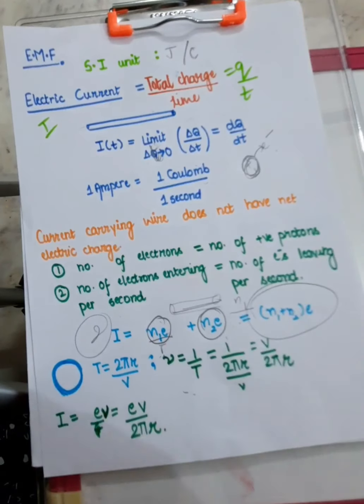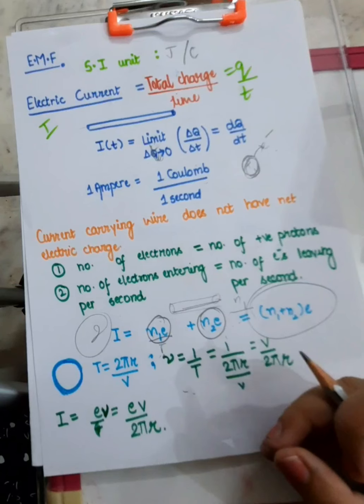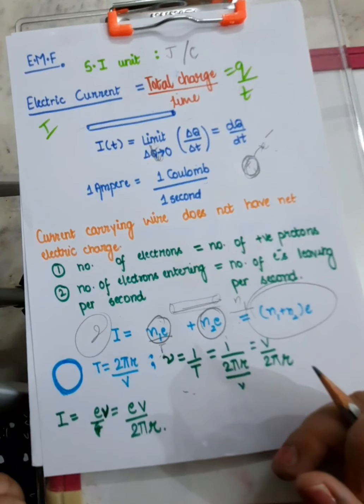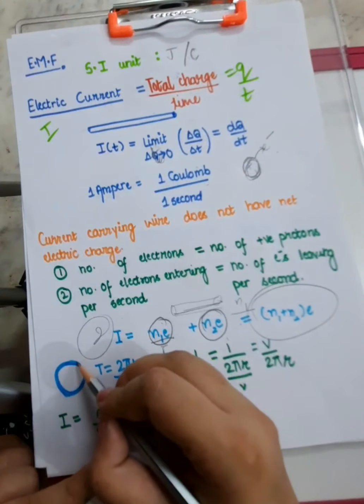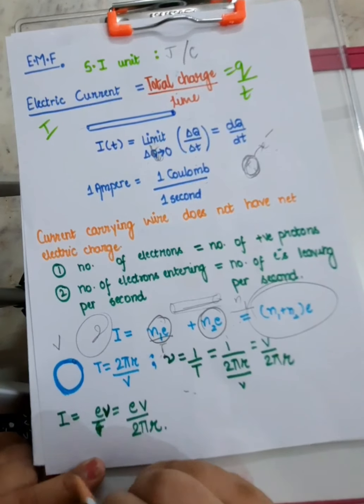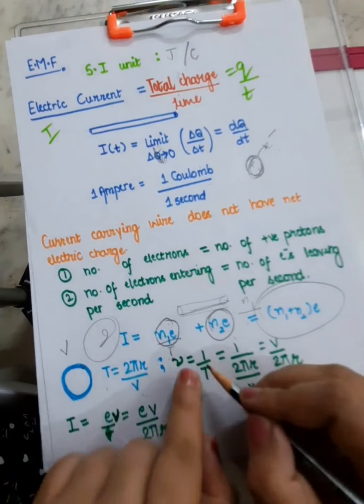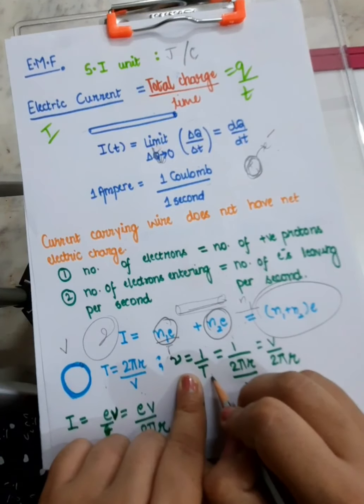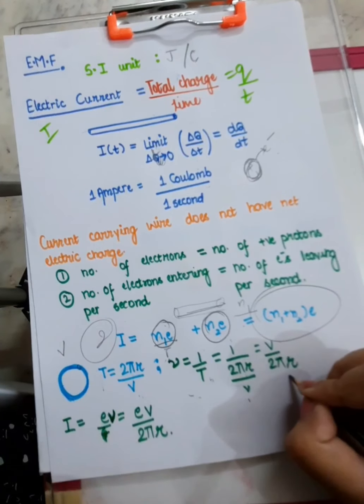And you'll be surprised to know that when the electrons are revolving in their orbits around the nucleus, they are constituting electric current. You want to see how? This is the explanation. So whenever the electron is flowing in an orbit with a velocity v, so what is the time period? 2 pi r by v, distance upon velocity. And what is the frequency? 1 upon time period. So this goes as 1 upon 2 pi r upon v, that is v upon 2 pi r.